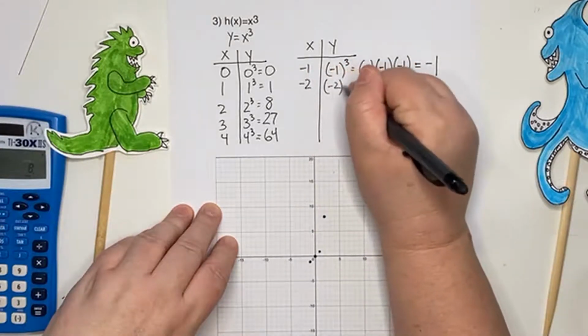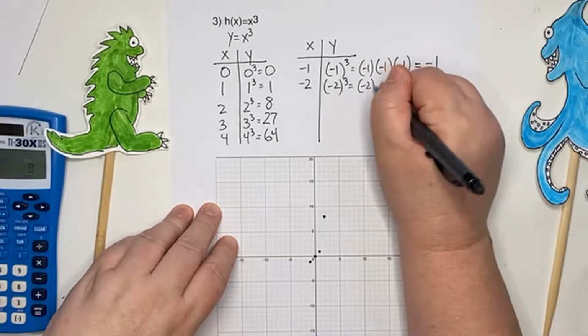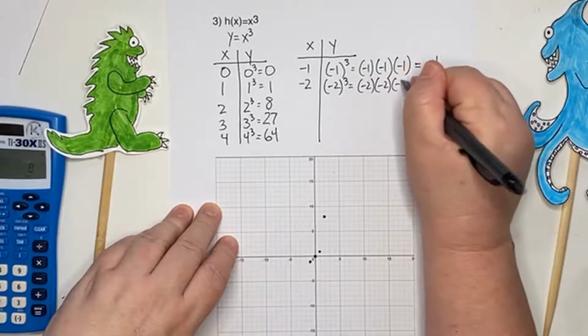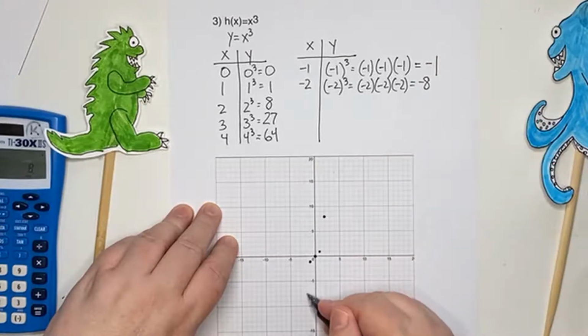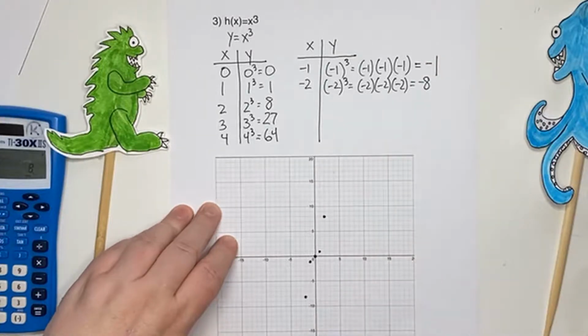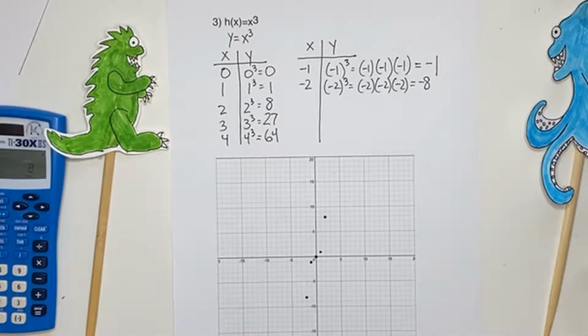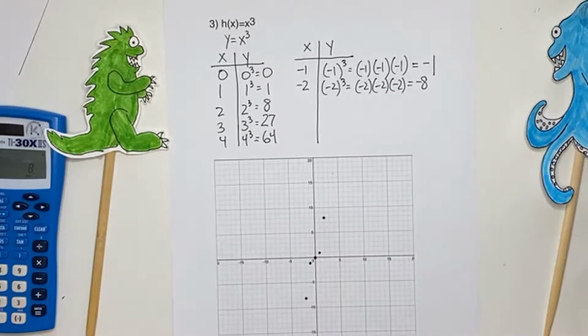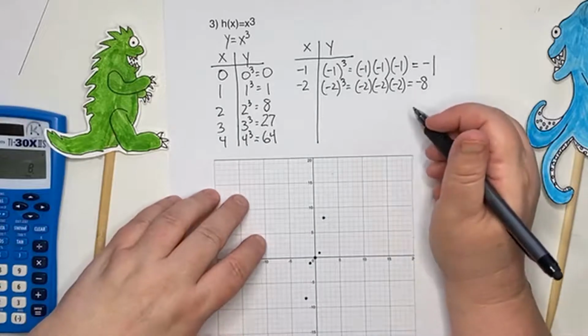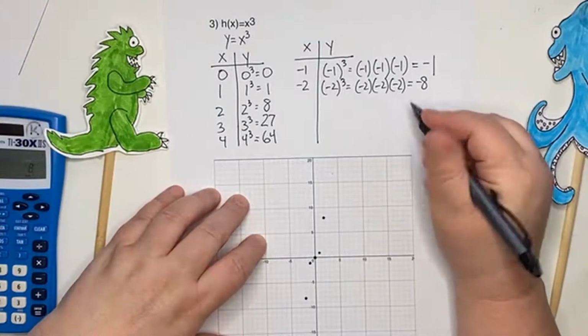-2, -2 cubed, same thing, -2 times -2 times -2 is -8. So we're going to go down. Isn't that interesting? And now you're going to ask me, well, what do I do with this? It looks like it's a straight line and then it goes, and the answer is no. The answer is what happens if we had a close-up,